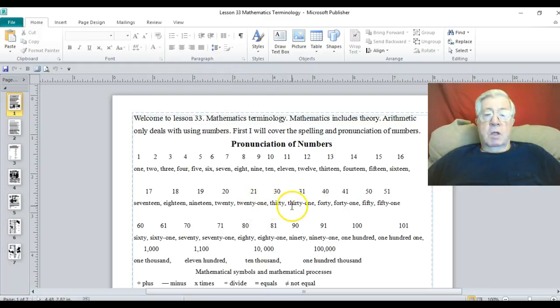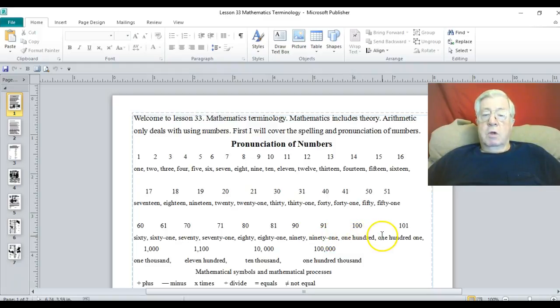30, 31, 40, 41, 50, 51, 60, 61, 70, 71, 80, 81, 90, 91,